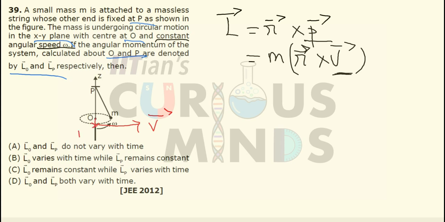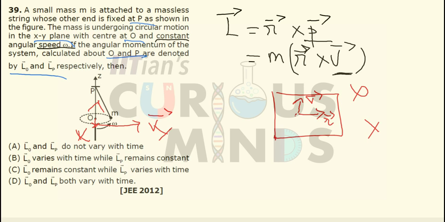So if this is the x axis and this is the y axis, the resultant will always be in the z axis. It doesn't matter however you take the angle over here. Let this be the r vector and this be the v vector, both of them will be perpendicular. The resultant will always be in the z axis, regardless of how the vector moves. Even if the vector arrives over here, that is, this is the v vector and this is the r vector, the resultant will always be in the z axis.